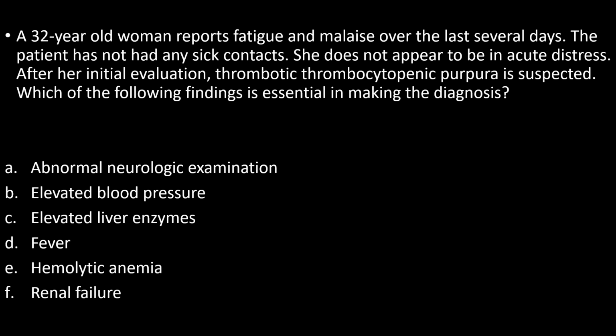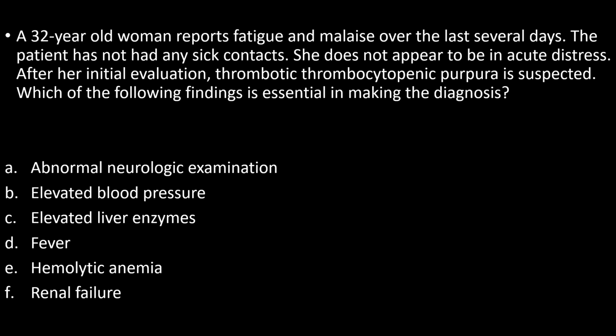TTP was initially described as a pentad of fever, neurologic symptoms, kidney disease, microangiopathic hemolytic anemia and thrombocytopenia. However, up to only 1/3 of patients have neurologic abnormalities, half have normal kidney function and only 1/5 have fever, and thus currently only microangiopathic hemolytic anemia and thrombocytopenia are required to consider the diagnosis,